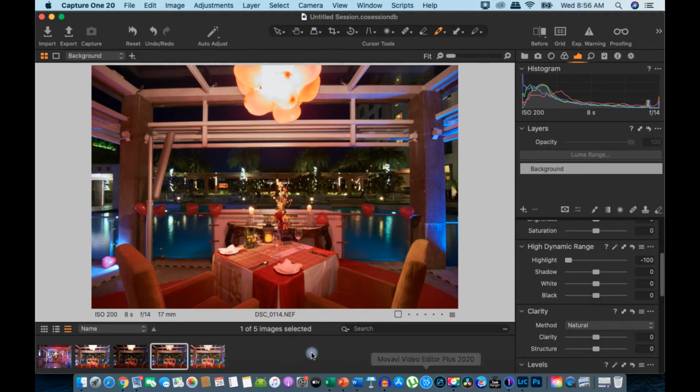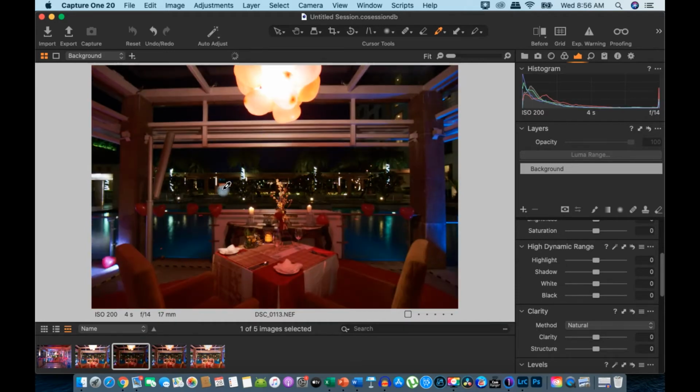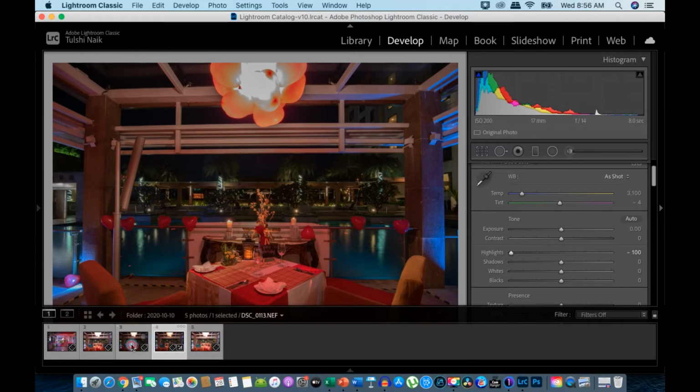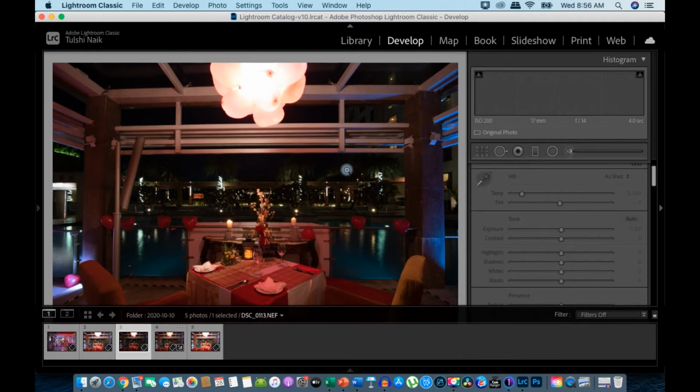Now let's go to the shadow slider. For the shadow slider, we are going to choose the underexposed image so that we can really see how it does with the shadow recovery.